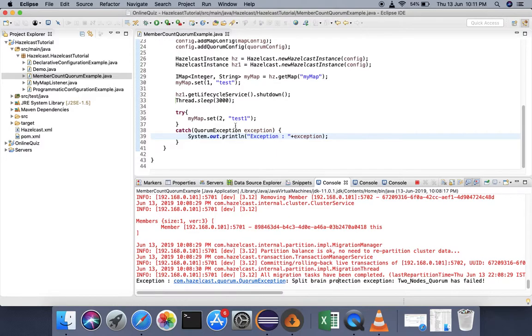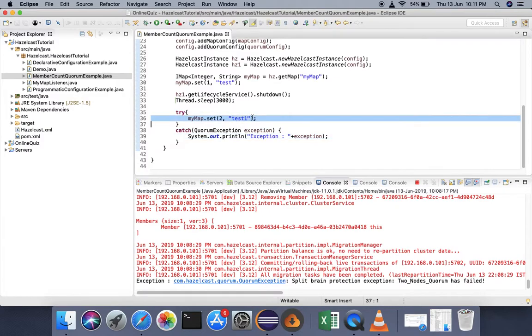So right now in our program, I'm just inserting a new value or a new record in a map, but this quorum would also be applicable to any update. Let's say, in place of setting test